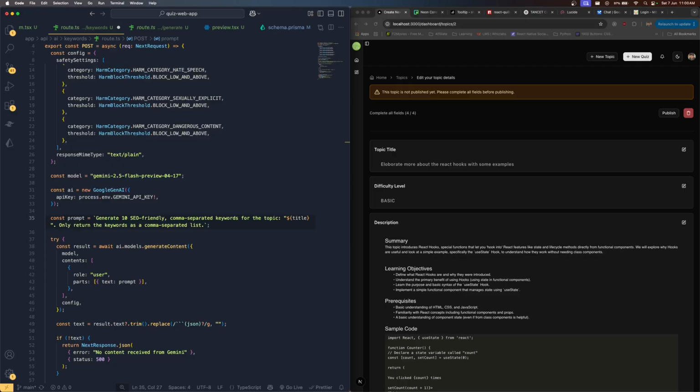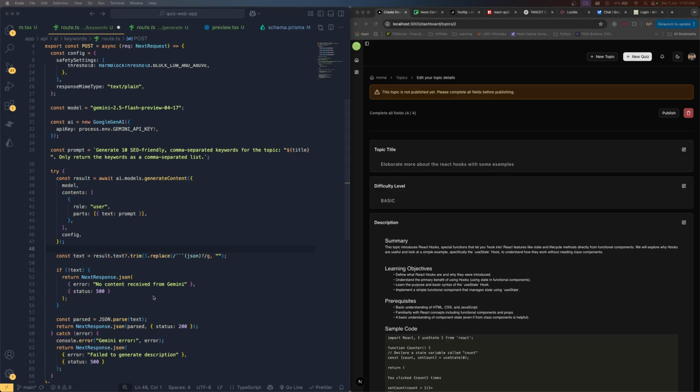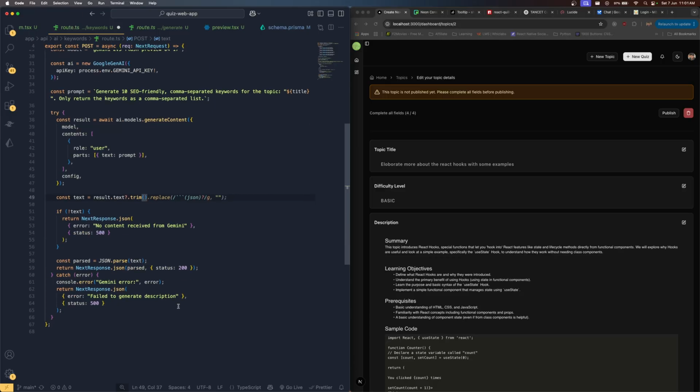Then, right after here, inside the try block, the models and everything is going to be the same. The place where we are extracting the result, text trim, I don't need to replace anything. Right after that, if I don't have a text, so no content received from the Gemini, that is also going to be fine. Then what I need to do is